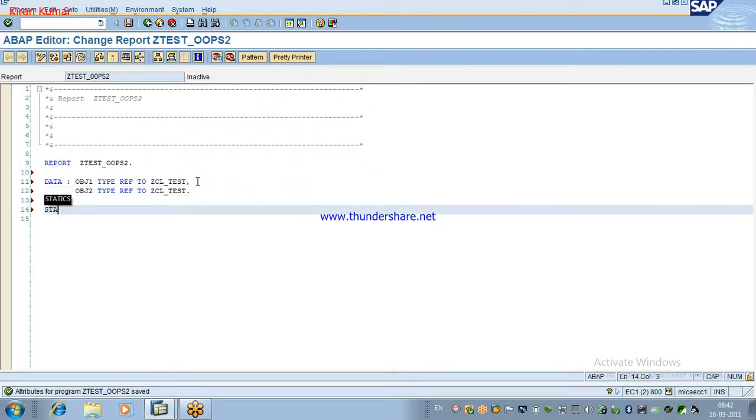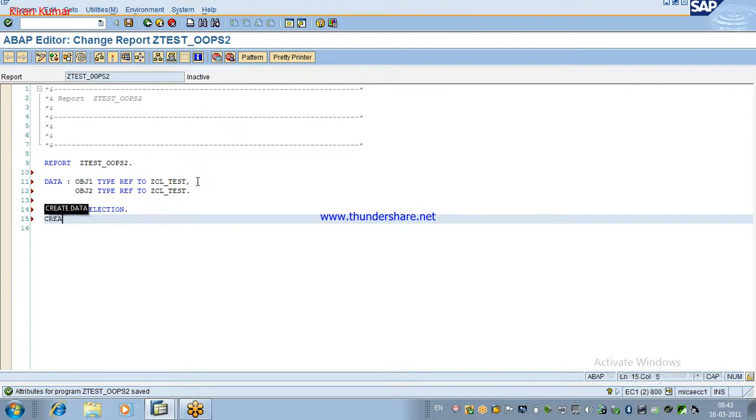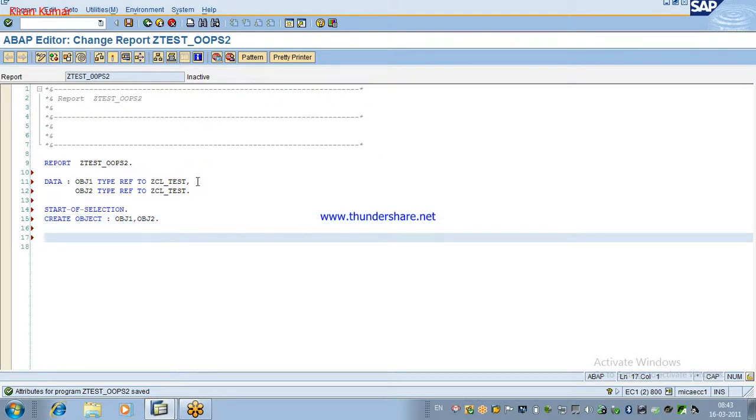Next, start of selection, create object obj1, obj2. I have created two objects. Okay.